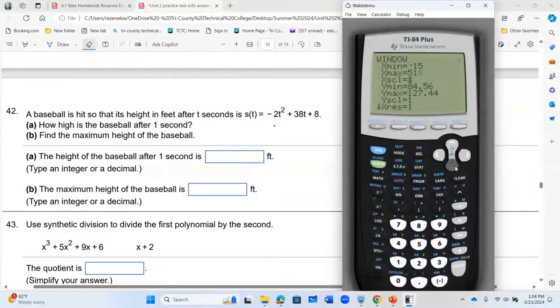And also I will make the other one negative 15 to 15. If it doesn't work, then I will zoom fit. So, and then I'm going to try to sketch